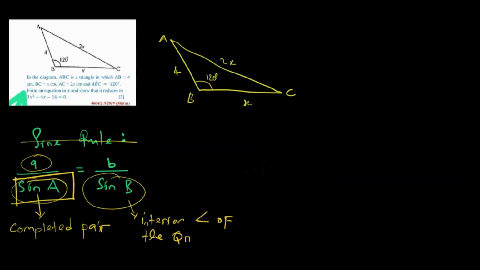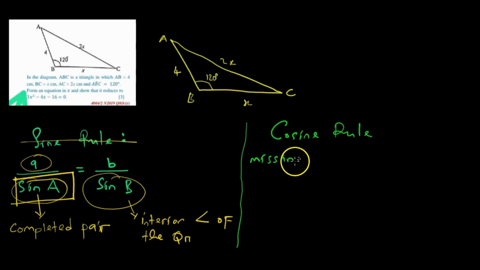What can we apply then? We can apply the cosine rule. And in applying the cosine rule, now solving the question, what exactly are we looking at? When we apply the cosine rule, what we need is that here we are finding a missing side. So when we are finding a missing side, what do we need? We need again a pair.